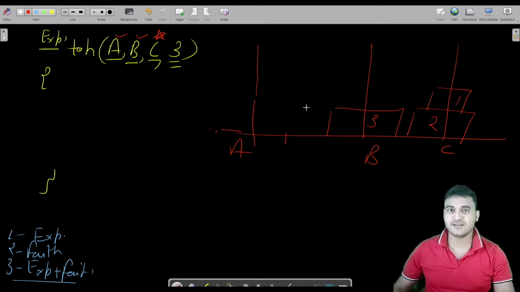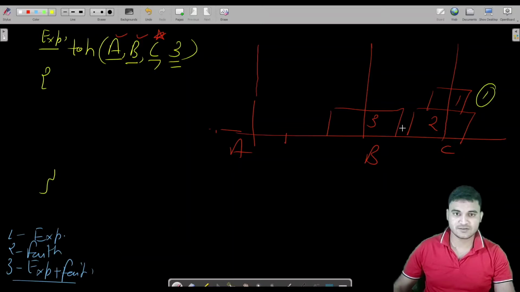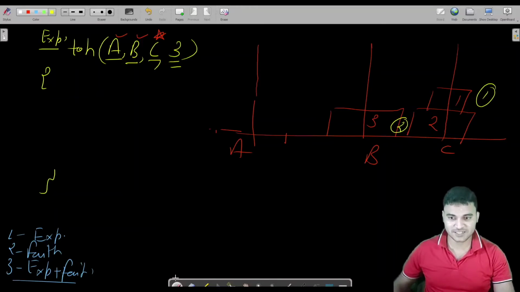Now initially, this was your first step, this is your second step. First step was, you chose 2 disks from A to C and put them here. Then the last disk you manually choose from A and put it to B. Now the third step, look at here very carefully, move again these 2 disks from C to B. Sometimes I am calling disks as digits, so do not confuse with that.